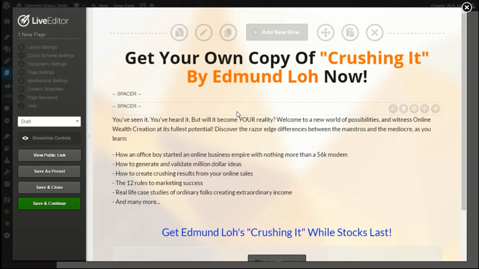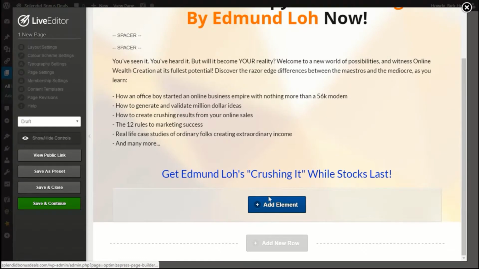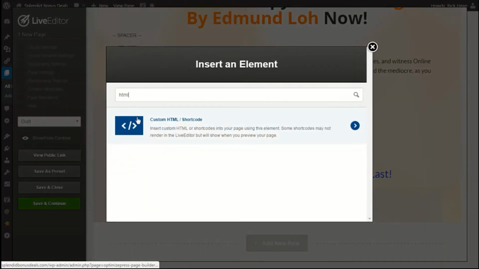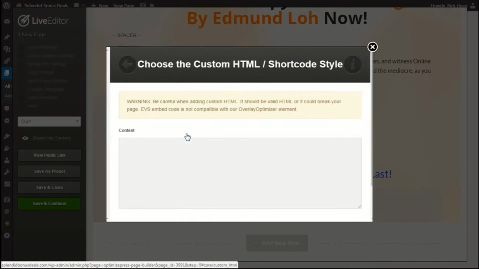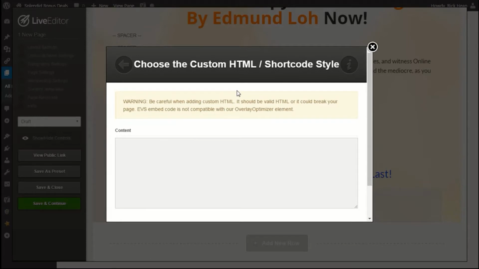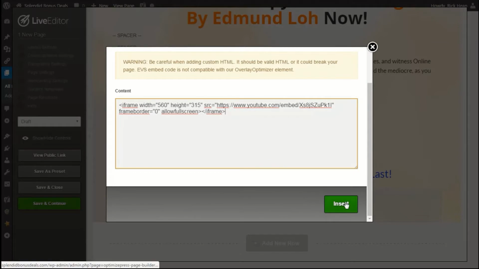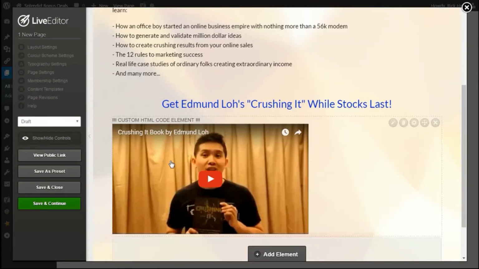So what I do is click Add Element and type HTML, the custom HTML shortcode option will appear. Click it. And then this appears. So what I do is just copy and paste a YouTube video embed code here. And then hit Insert. Now it appears at the bottom, but as you can see, the video is actually not